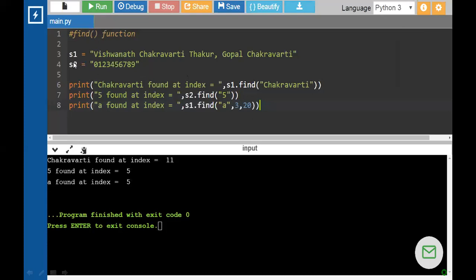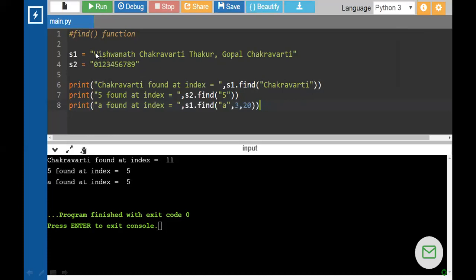So we have got string S1 and S2 as Vishwanath Chakravarti Thakur, Gopal Chakravarti, and S2 is just 0 to 9 digits. When we apply find function on S1, we are passing Chakravarti as the word to be searched in this S1 string. So we can see Chakravarti word is found at index 11 in S1 string.